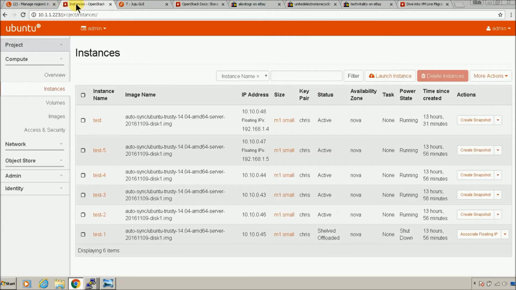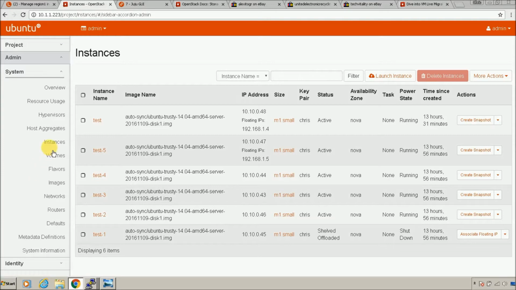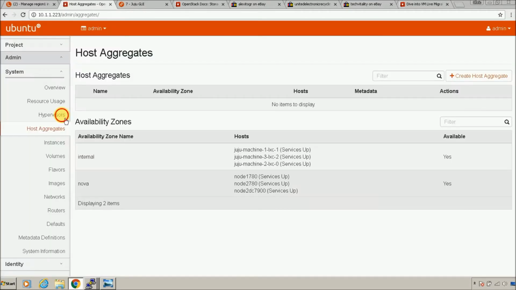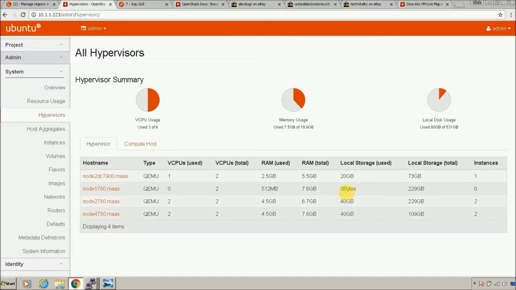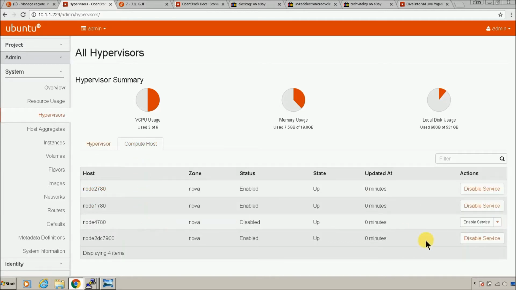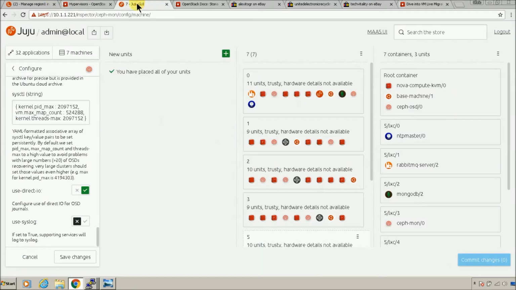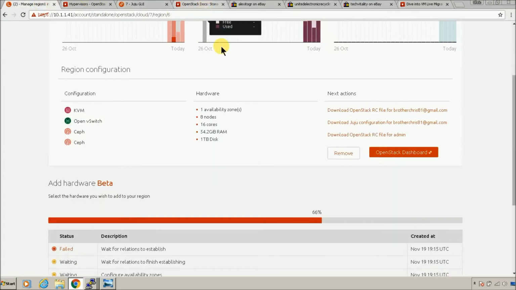We're going to start seeing these reporting badly. Hypervisors. We're going to start seeing this go down. See, it's disabled. So the node is completely gone. So while Juju catches up and figures out what's going on there,